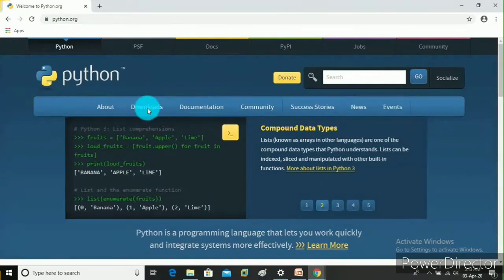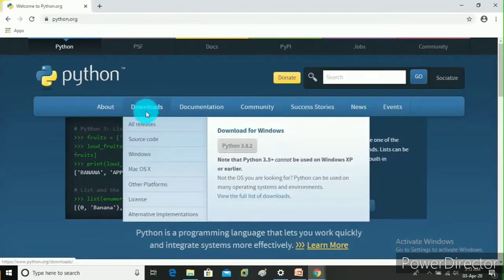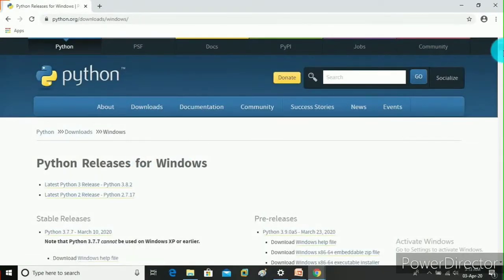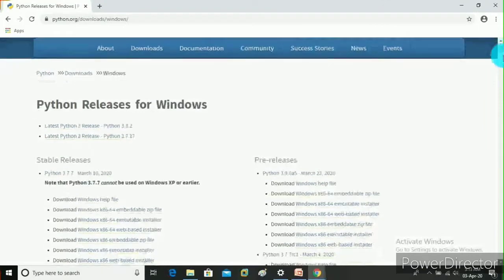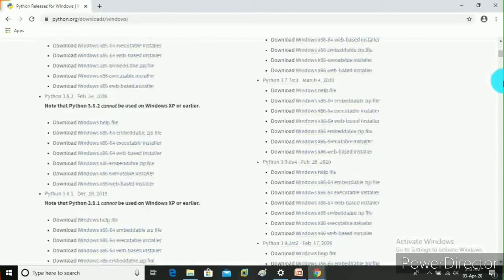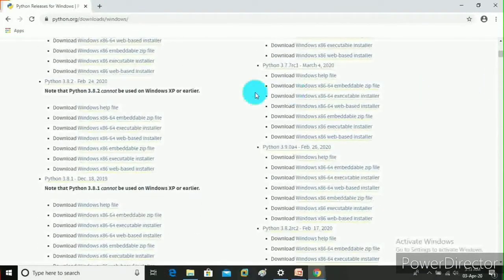Mine is Windows 10 64. So guys, you can see here the latest version of Python, that is Python 3.8.2. So I will select Windows x86 executable installer. You can select accordingly. Now click on it.